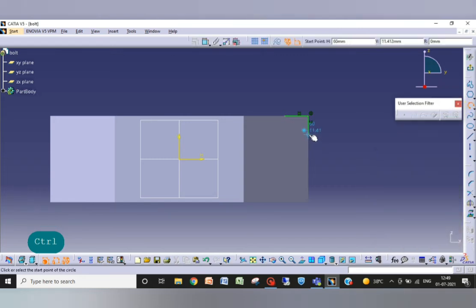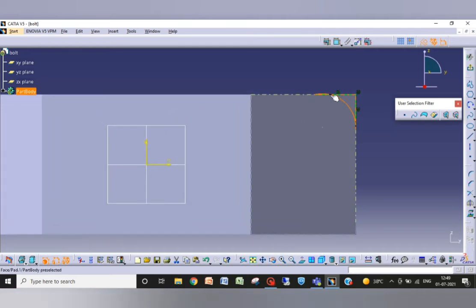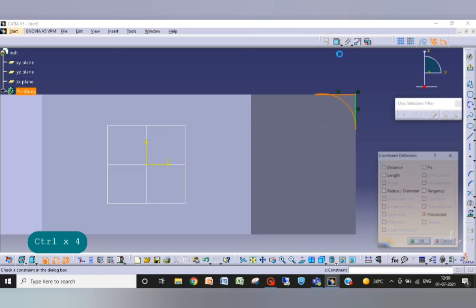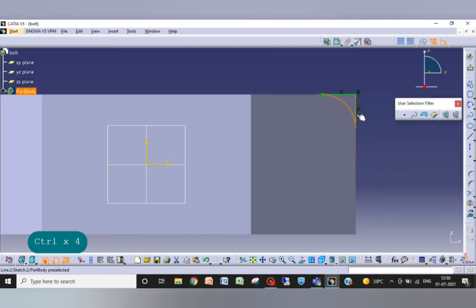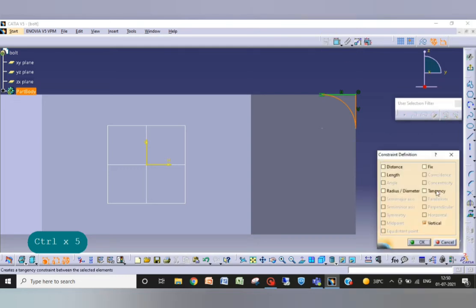Now the 3-point arc, make them tangent. Okay, and these should also be tangent.